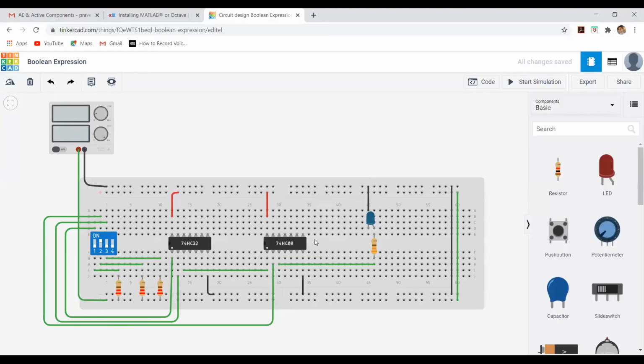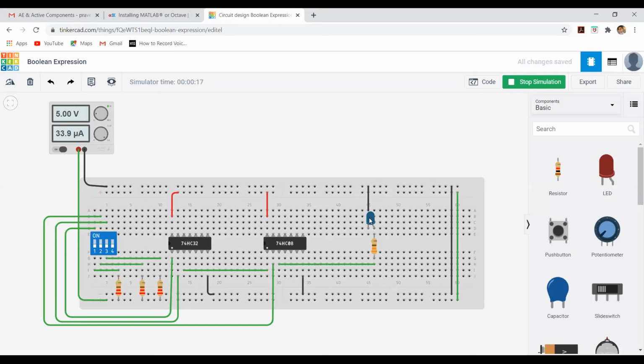You can see the circuit here. This setup I have already shown you. In this particular circuit, we have 3 inputs. I am using 3 switches on this board, and I have an OR gate IC and an AND gate IC, and this LED is my output LED. Now click on Start Simulation and then apply inputs to the circuit. If all the switches are off, that means all the inputs are at logic 0. For the 0, 0, 0 combination, the LED is not glowing.